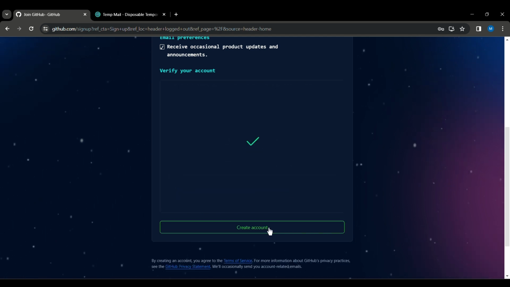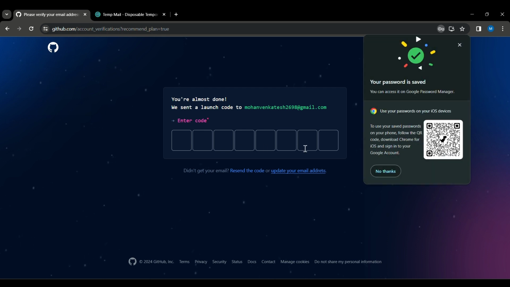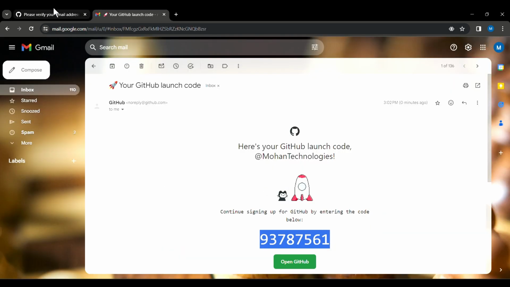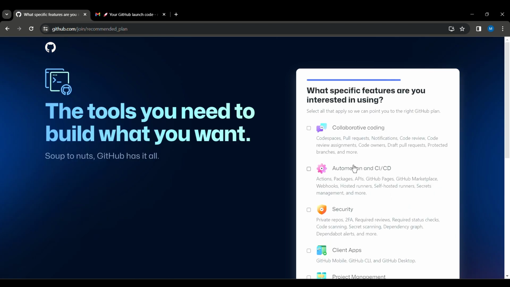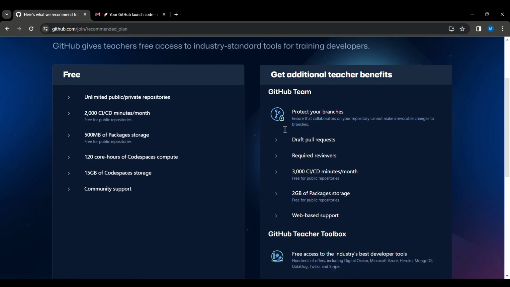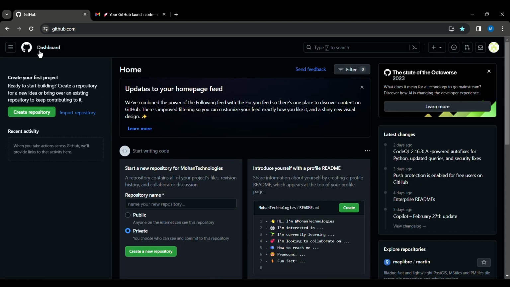So now if you click on create account, your account will be created here, and we just need to enter the code that is being given. Then you can specify whatever it is. I will just give just me, and I will say I am a teacher, and I will give continue. We have multiple options, but we need not worry about this for now. Let us go with continue, and now just click on continue for free, and now your GitHub account has been